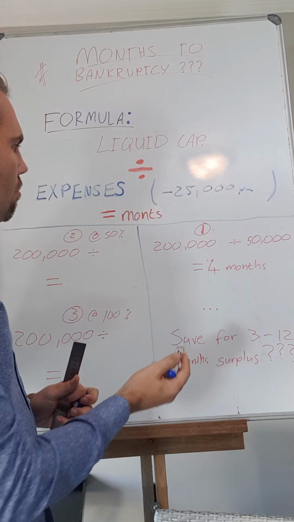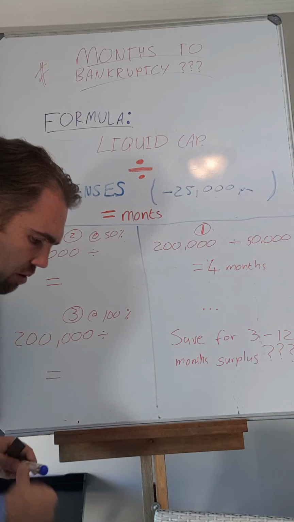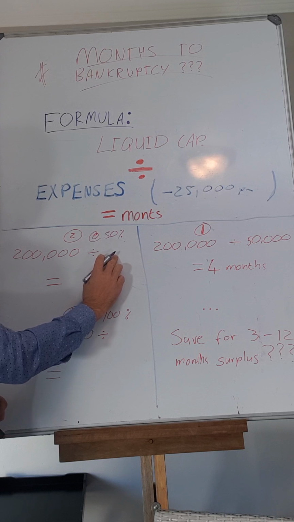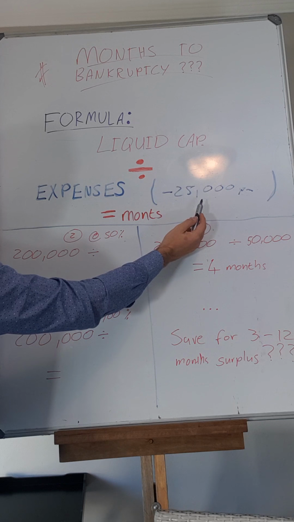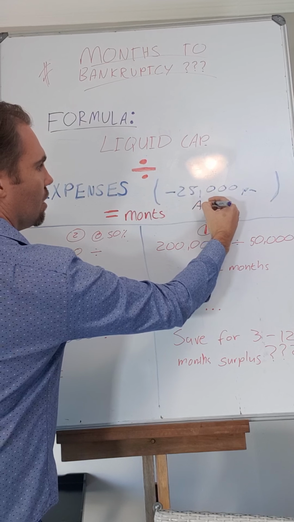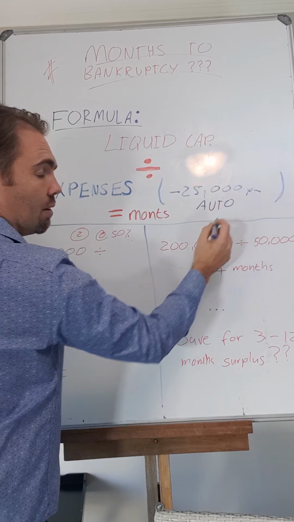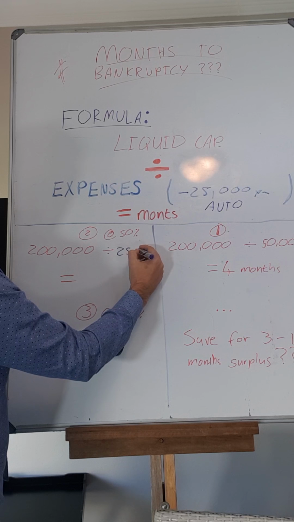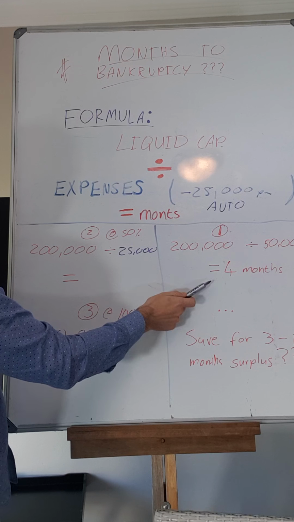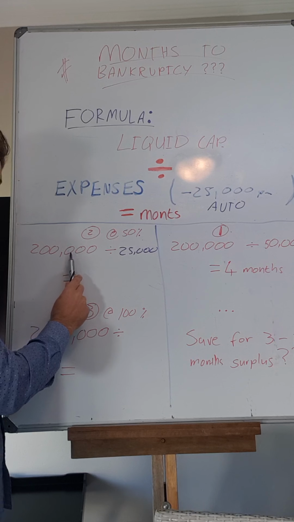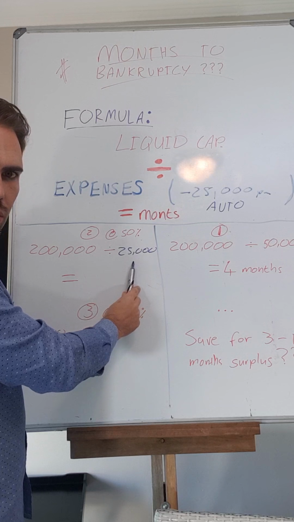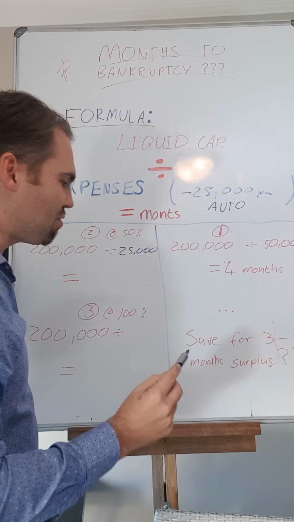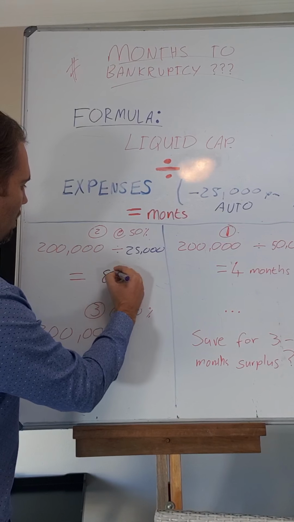So now my calculation looks slightly different. Hope you can see okay here. It's now 200,000 divided by expenses minus my automated income, right? That gets me to 25,000. What is my solvency rate now? 200,000 divided by 25,000 brings me to how many months? Type it in the comment box. Let me see if you get it right. Of course, it will be 8 months.